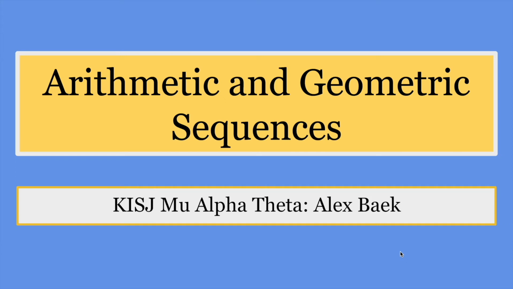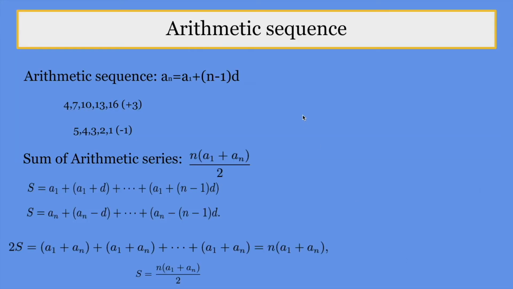About arithmetic and geometric sequences. So first, to begin with arithmetic sequence, it's a sequence of constant addition or subtraction, such as over here 4, 7, 10, 13, 16 are constantly added by 3, and for 5, 4, 3, 2, 1 they are consistently subtracted